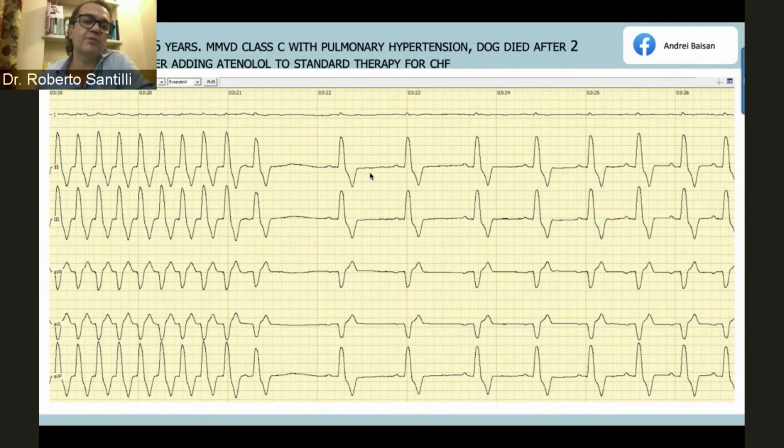So my first choice would have been ivabradine if the Holter shows a very high arrhythmia burden. Otherwise, I really don't like to take a risk in a case like this. If he already has bifascicular block, I don't want to add a drug that can compromise the right bundle. And we know the right bundle is very vulnerable to block. It's very easy to block. That's why we try to use antiarrhythmics in a very controlled state, during Holter.